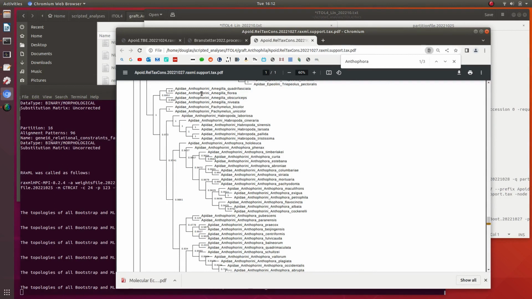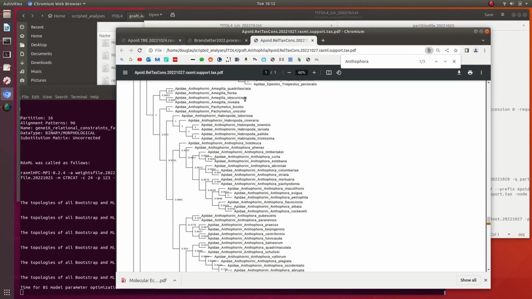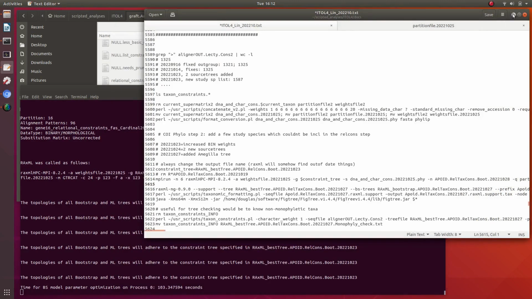So you can see the previous result, and these are all Anthophora, and we have sister to Habropoda, whereas we want, according to one of the source trees, Armadillo to be here. Well, we'll see. Anyway, job done for now, and until